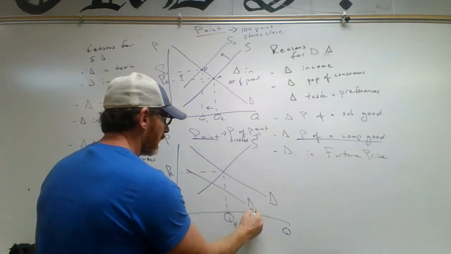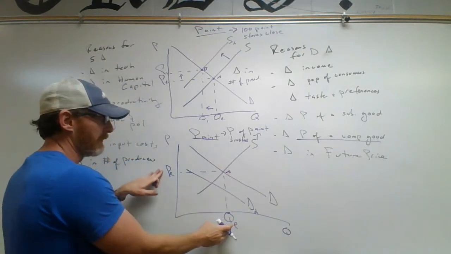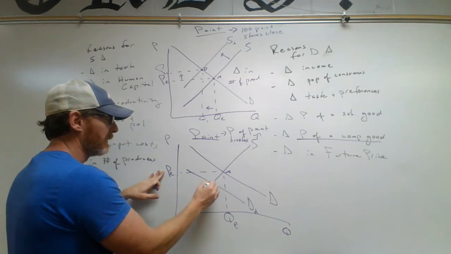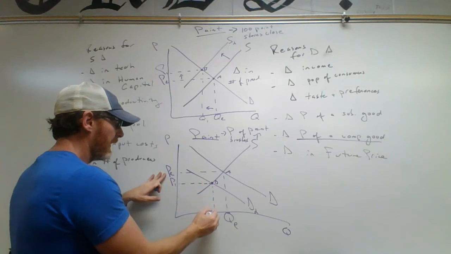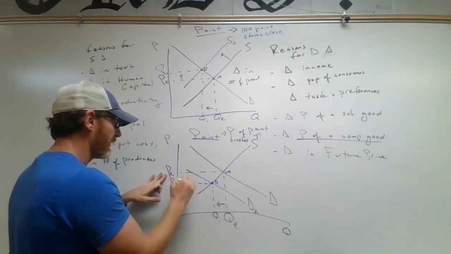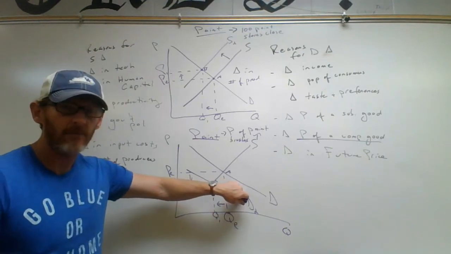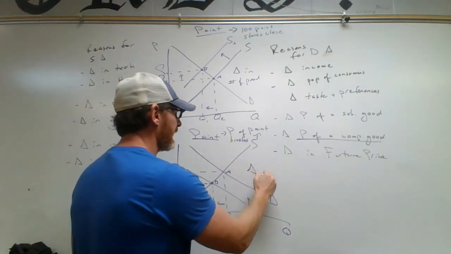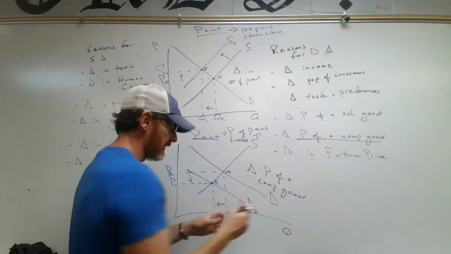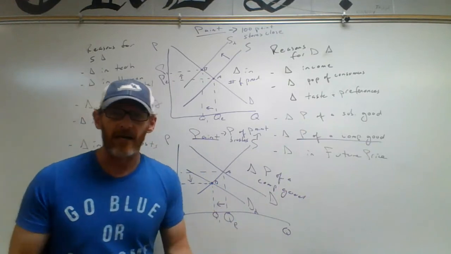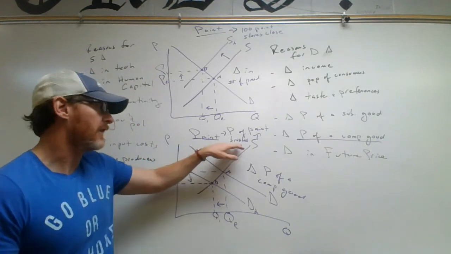This would be our new demand curve. Right here would be our original equilibrium with our equilibrium quantity and our equilibrium price. But now here's our new equilibrium. We'll call this point B. We go over to the y-axis. This would be our price sub 1, and this would be our quantity sub 1. So quantity would go down. In this case, price would also go down because the demand was pulled down. And our reason for it would be a change in the price of a complementary good, because paint brushes and paint go together, and those would be a couple examples of how we would analyze this scenario in this market,